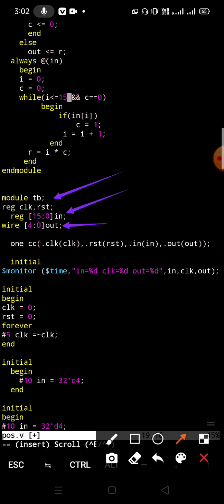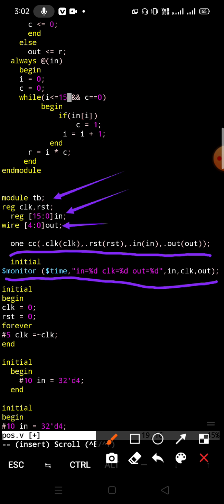Output is declared as a wire, and you know that this is for mapping between design and test bench variables. And this $monitor will print our input, clock and output.